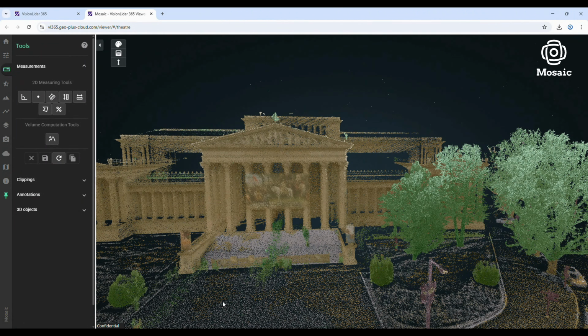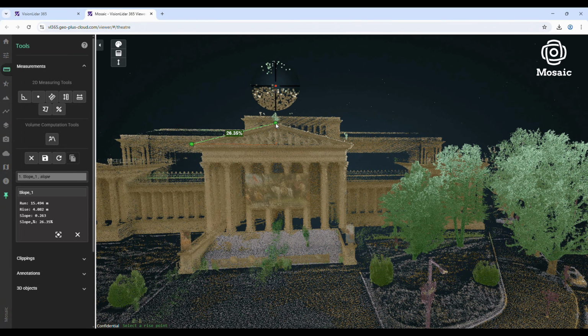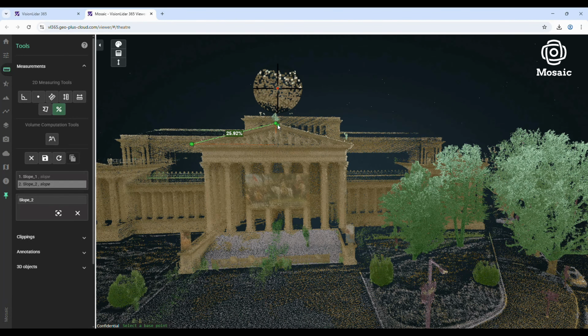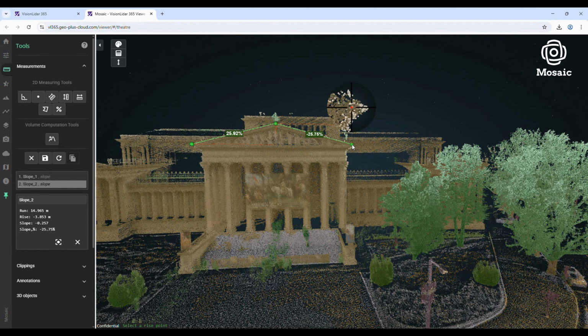Figuring out the slope is super useful in all kinds of real-world situations, especially in construction, road design, and drainage planning. Knowing how steep something is helps you make smarter, safer decisions. For example, when designing a roof, calculating the slope helps make sure water runs off properly and the structure can